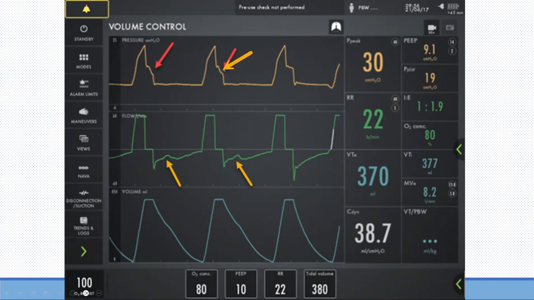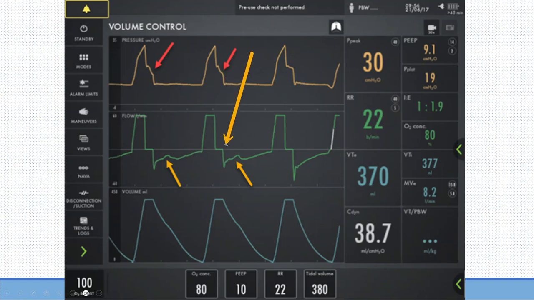How would the pressure drop if the volume is the same and the flow is zero? This is a plateau pressure. I need a plateau pressure to keep that volume in. So the only explanation for this is inspiratory effort of the patient. So you have inspiratory effort of the patient that caused this drop in the plateau pressure. And that inspiratory effort continued. This is expiration,